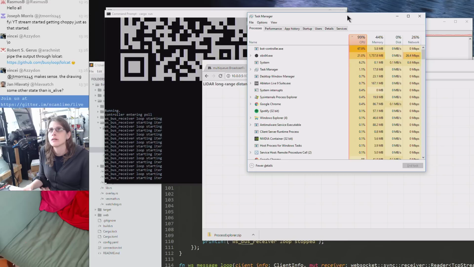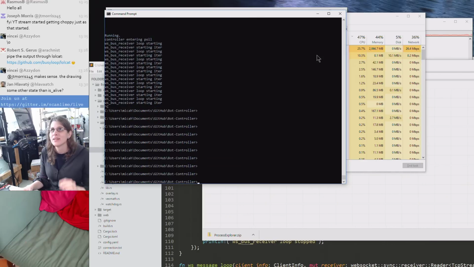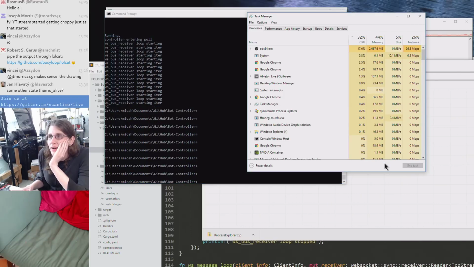Oh, and it's getting really choppy. It's getting really, really choppy. Oh no. No, it's getting very choppy. All right,